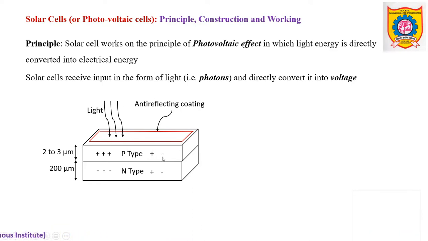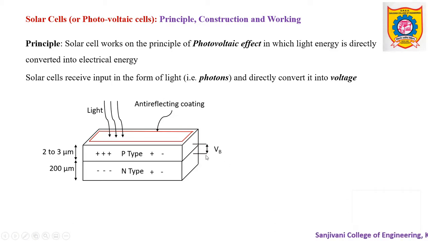Now these newly created electrons are not expected in the P type region, because if these electrons remain in the P region, there will be recombination of the electrons with holes, and these electrons will lose their energy in terms of heating. So there will be loss of energy. Similarly, these holes should not stay in the N region, because again they will recombine with electrons and will lose their energy. So few electrons and holes will recombine, but few of them will be shifted to opposite regions by means of this barrier potential.